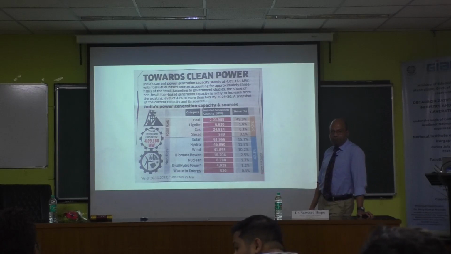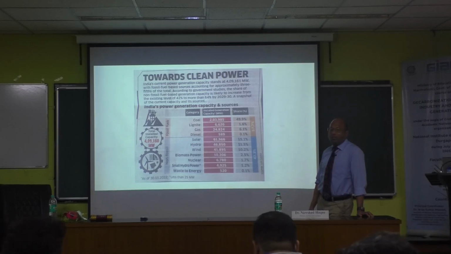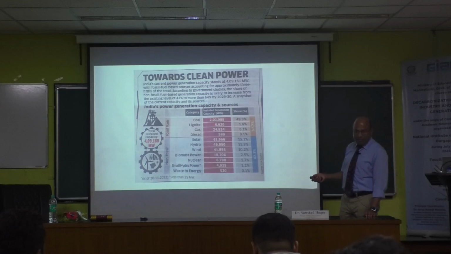For a coal-based thermal power plant, as I have calculated, for 1 million units of electricity generation there is approximately 900 tons of CO2 emission. 1 million units means 1 megawatt hour, isn't it? 10 lakh units. If 1 megawatt runs for 24 hours, it will produce 24 million units of electricity. Right, that's all. So for 1 million units of electricity, there is production of 900 tons of CO2. That's the way I do it; maybe there is another way. There are a number of ways.